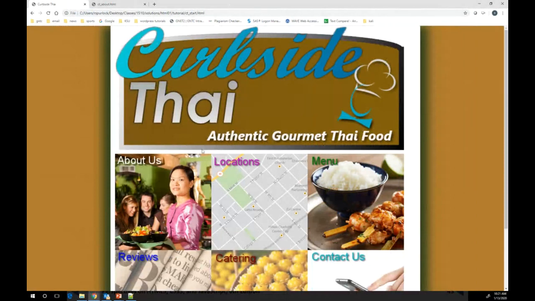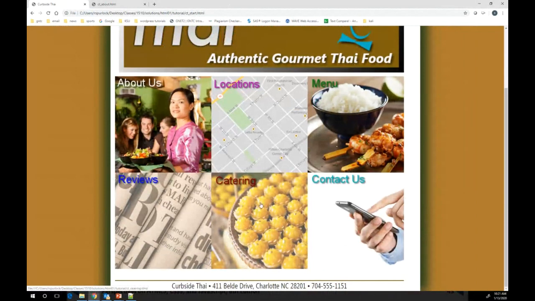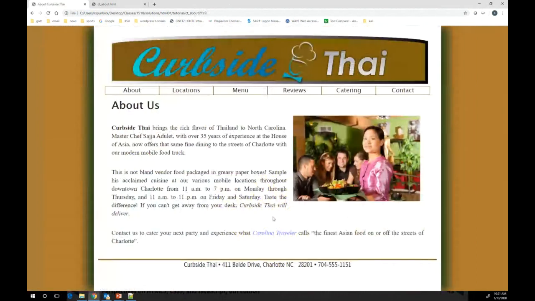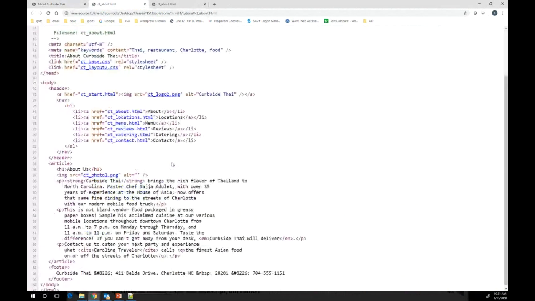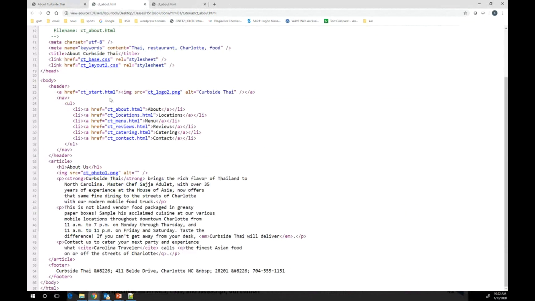We see the CT start, so it takes us to our home page. So I'm going to click about us. So to create this image up here as a link, we see here that they've got the CT start page and then the link, the image itself, and then the